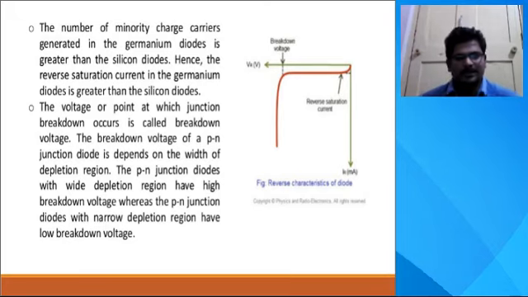The breakdown voltage of a PN junction diode depends upon the width of the depletion region. As we said, if the width of the depletion region increases, we have to apply more diode voltage, that is VD, the DC voltage, because if the electron wants to cross the depletion region, it has to gain more energy from the bias voltage. PN junction diodes with wide depletion regions have high breakdown voltages, whereas diodes with narrow depletion regions have low breakdown voltage. Okay, I hope you are all clear regarding this point.